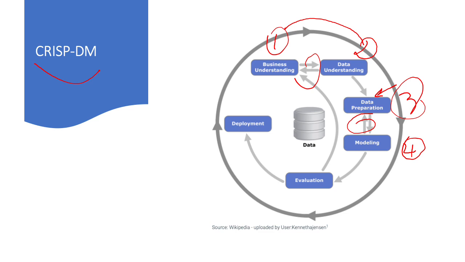And so in step number five, we evaluate the model. So we use assessment methods and metrics to determine if the model meets the objective of the task. And if not, we might need to revisit and go back to earlier steps. And then finally, in step number six, we deploy the model. This means we put it to use to achieve those business objectives that we identified in step number one.